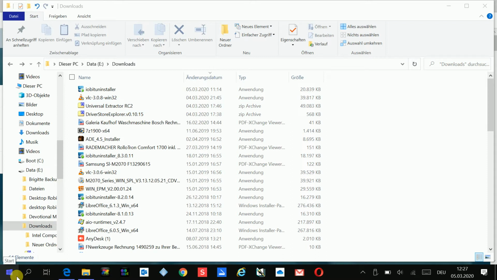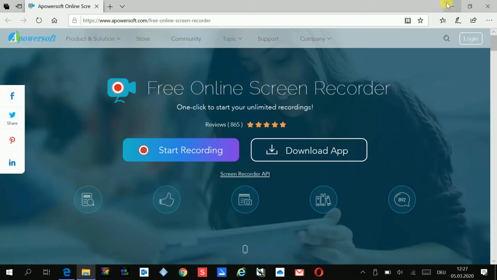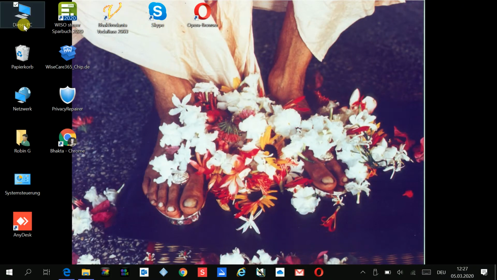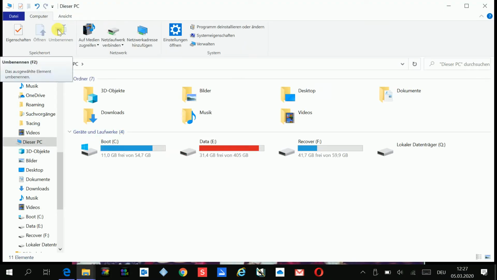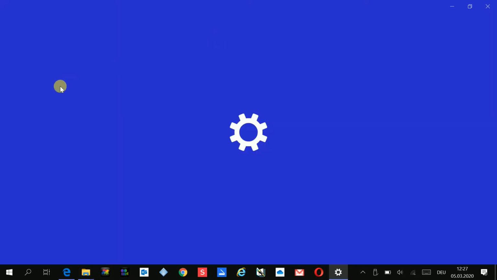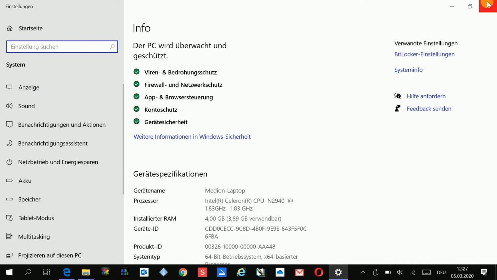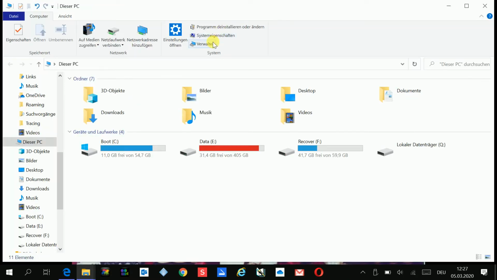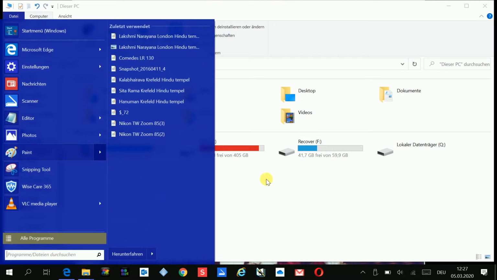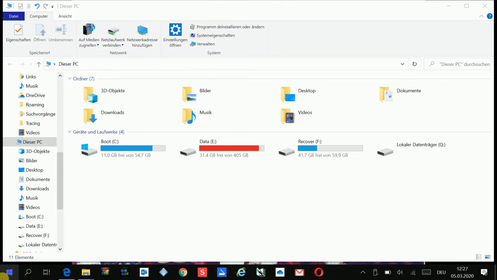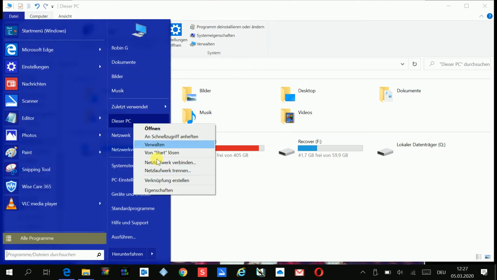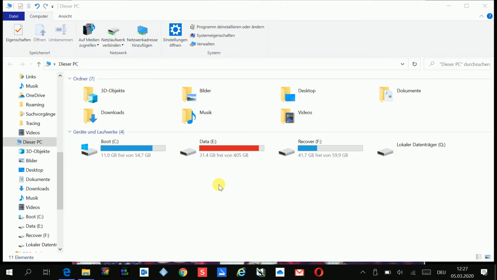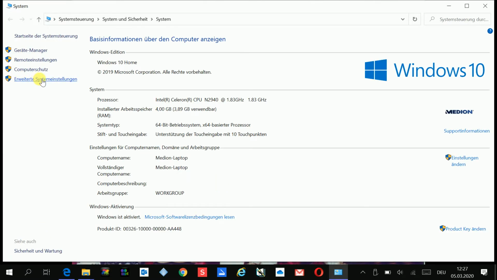So first you need to go to your PC, System Settings. Oh no, this is a new menu. Yeah, let's just do it this way. If you go to the old system settings, then you can go to System Settings